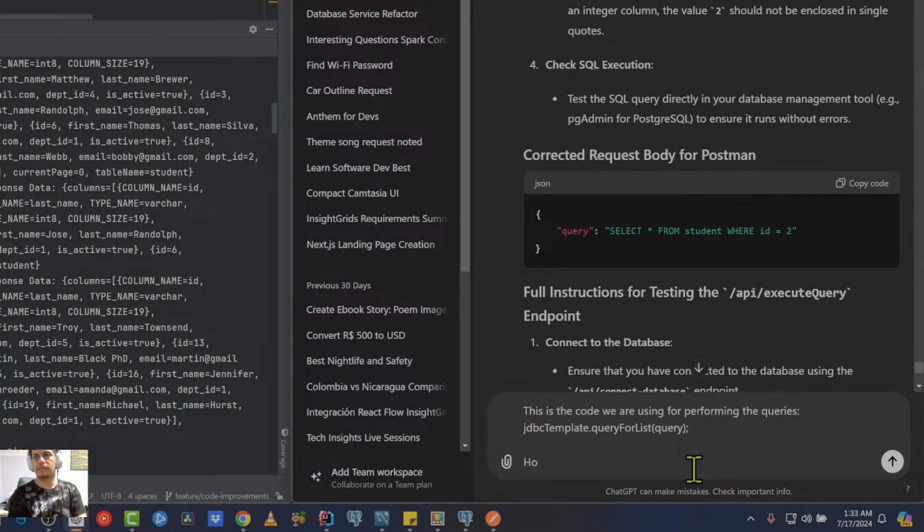However, when I try to perform a query like the following,